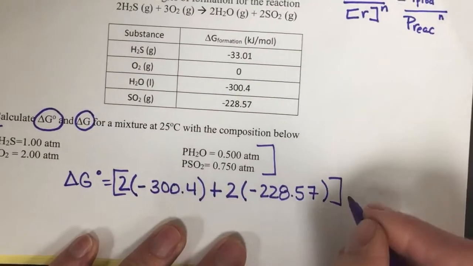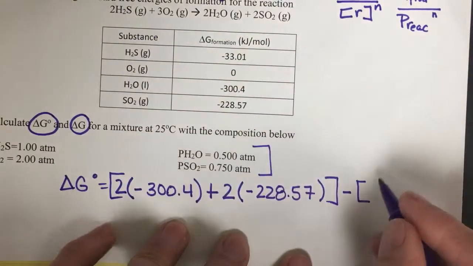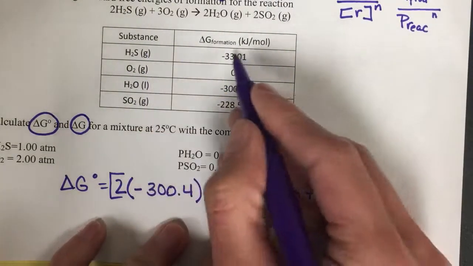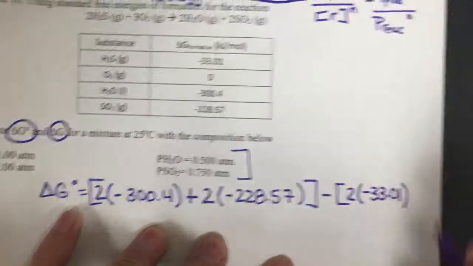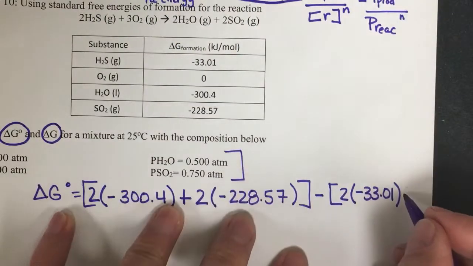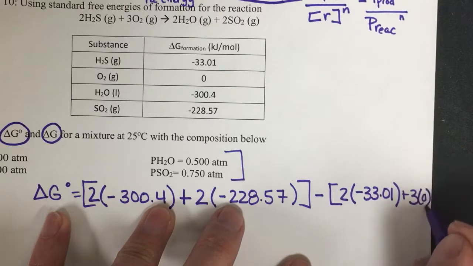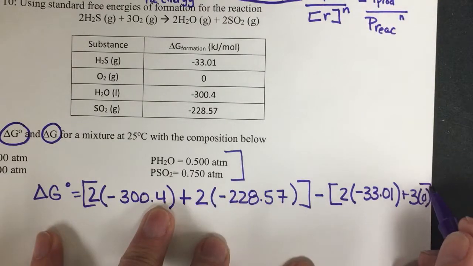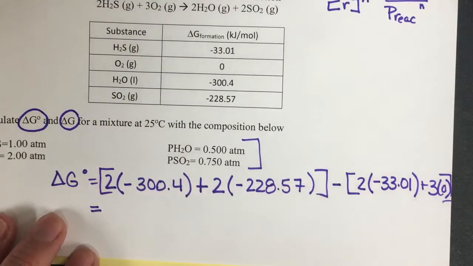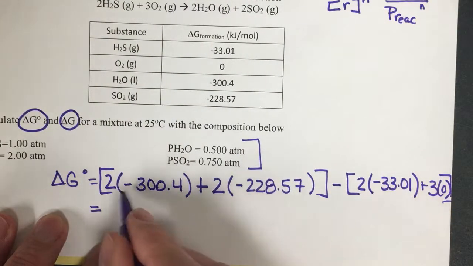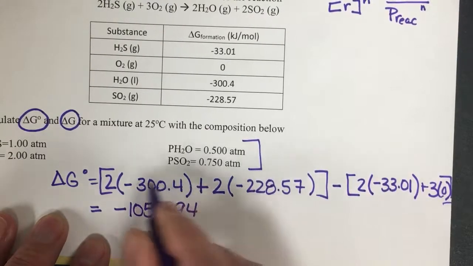I'm going to tally those up, minus my reactants. I've got 2 H2S. H2S is negative 33. And then I've got 3 O2s. O2 is 0. Running out of room. Sort of fits. Let's close our parentheses. Okay? So if I tally this up, what I get is negative 1057.94 for this side,